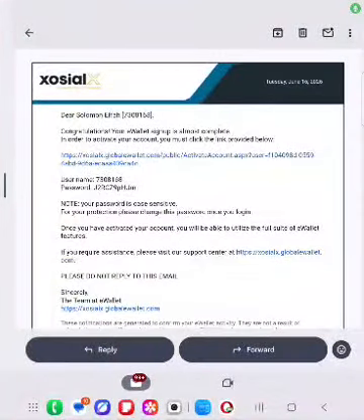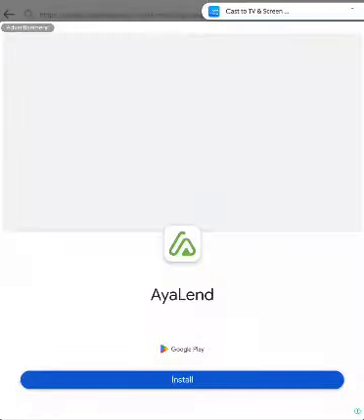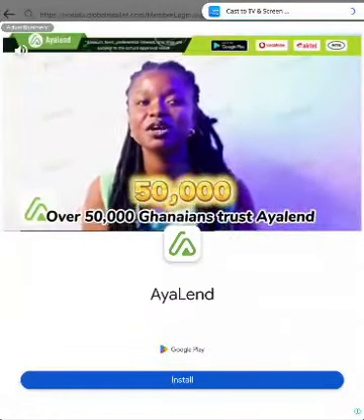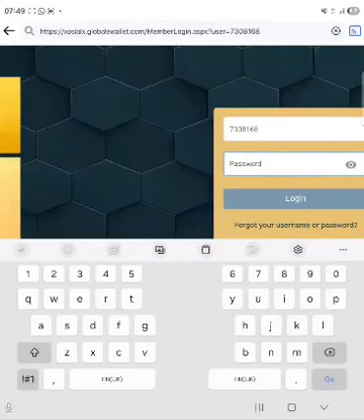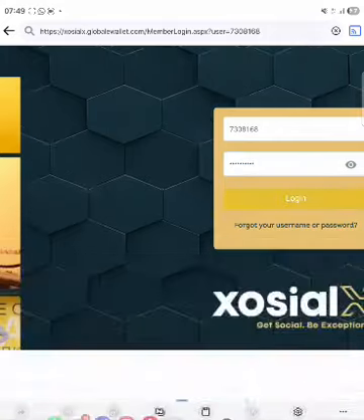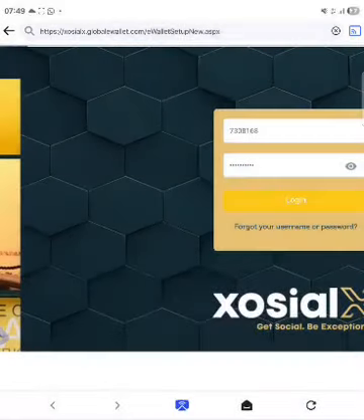You choose your information, you come here, then you enter. Over 50,000 Ghanaians trust Ireland for quick loans. You enter your information here, you click login, you save,